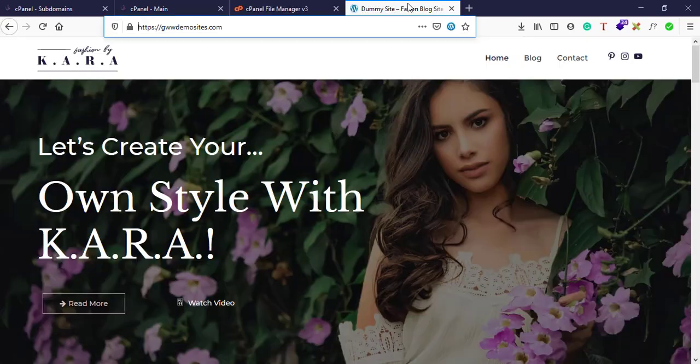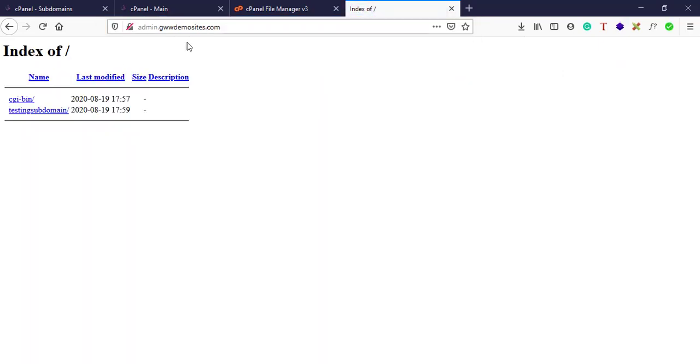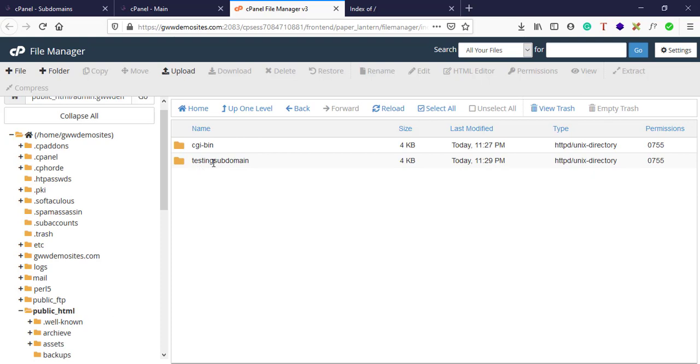And now let's open this subdomain from here, admin.gwww.demosites.com, and hit enter. Okay, so this is what we are able to access here. As you can see, testing subdomain. This is what it is, testing subdomain.